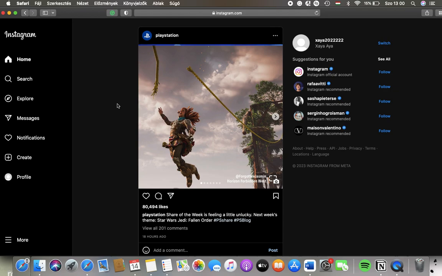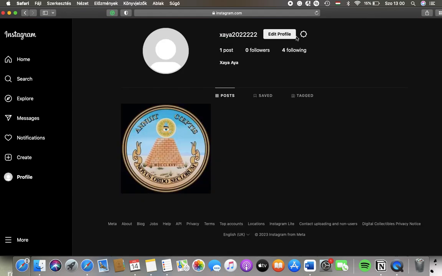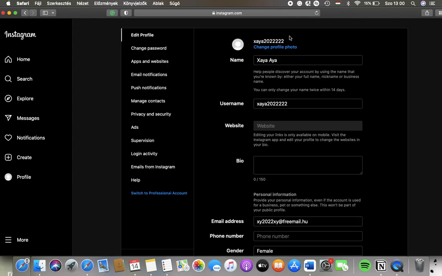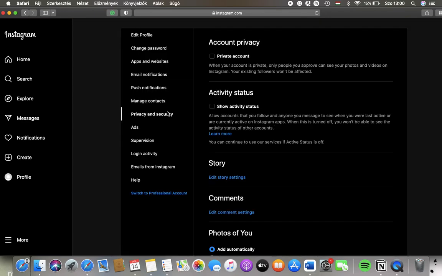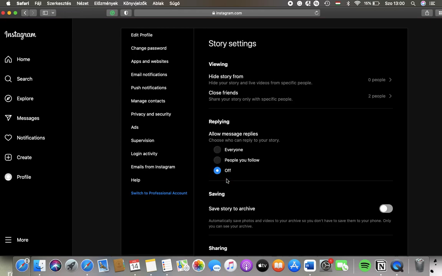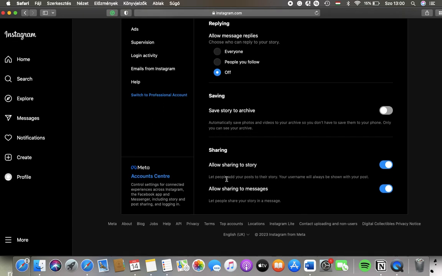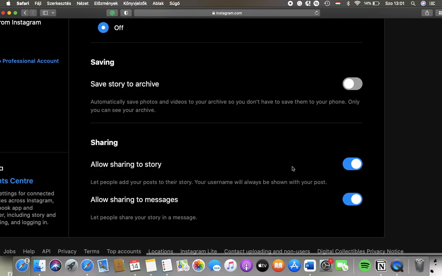Now let's jump into it. First of all, open the website on your device, and after that you should tap on your username at the top, click on edit profile, and then tap on privacy and security, tap on edit story settings in the story section. Then you should scroll down to the sharing section, and here you can turn on or enable two features: